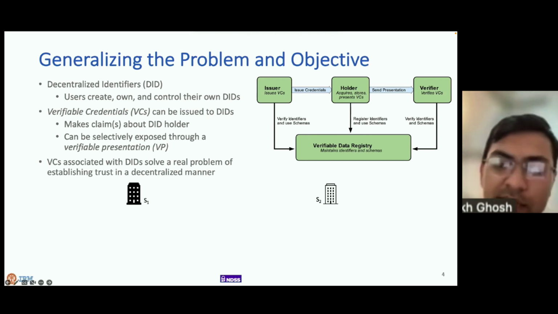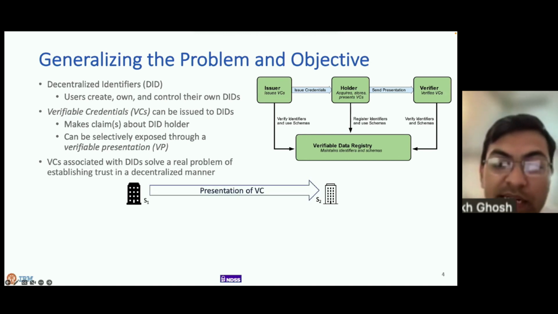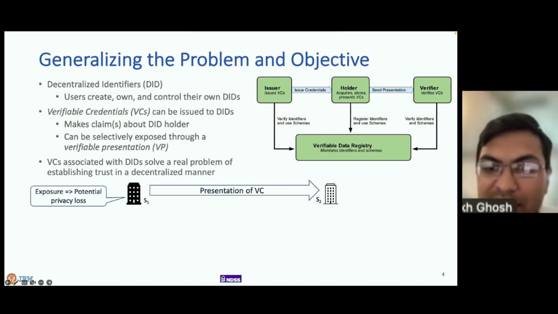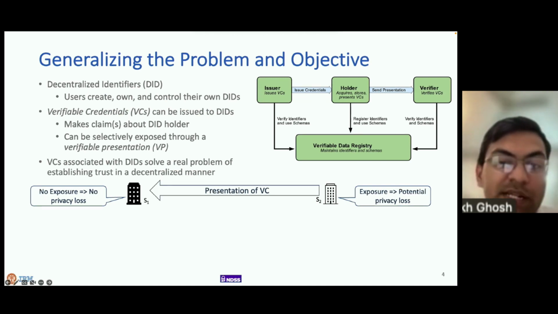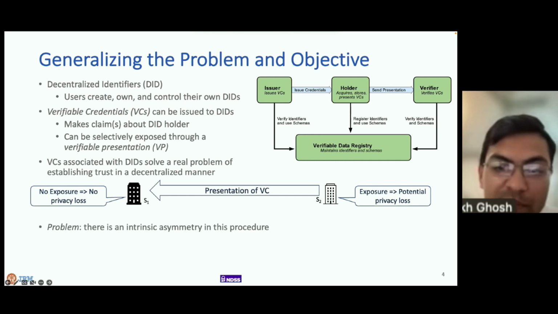However, we can observe that during the presentation of a verifiable credential, the party which is carrying out the verifiable presentation process inherently also exposes the issuer and the presentation certificate to the other party. So this leads to potential loss of privacy for the party who is presenting first, while the other party has nothing to lose. The problem is with the inherent asymmetry in this procedure of verifiable presentations and verifiable credentials, requiring one party to expose its certifiers, which are issuers, as well as the certificates to the other party